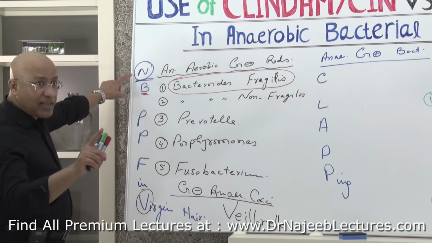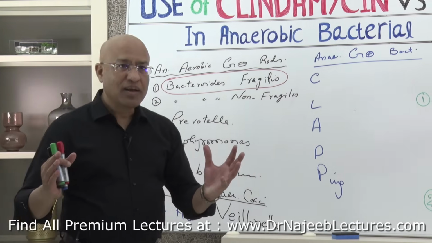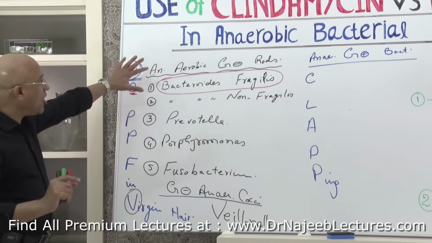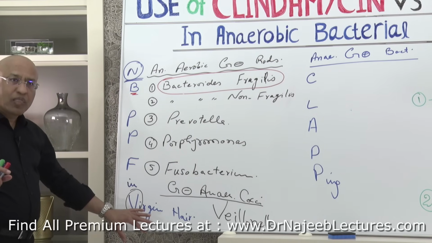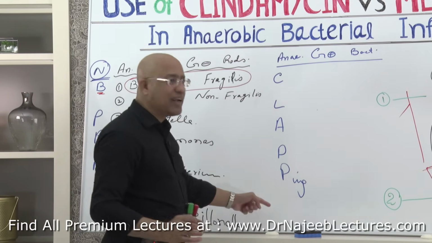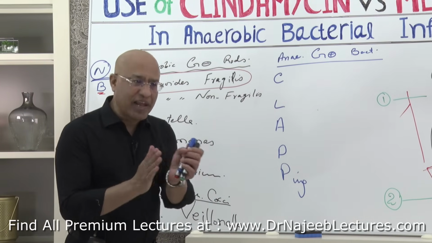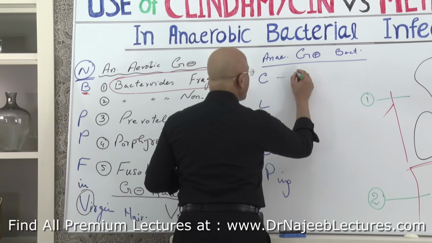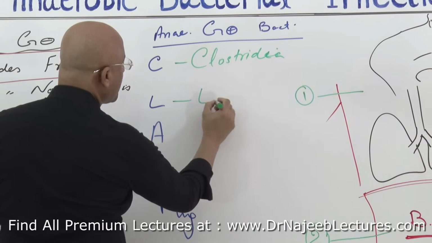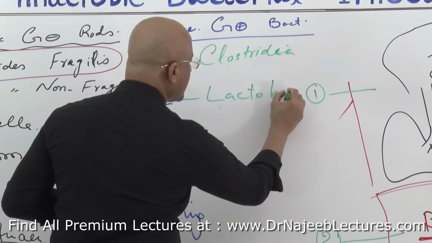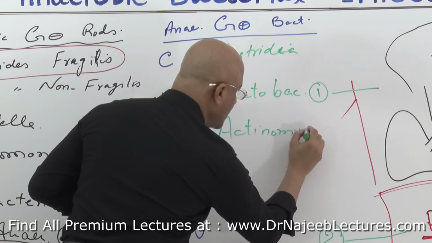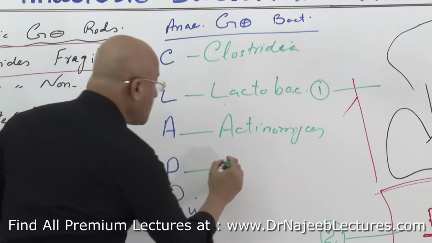So, when you go to the anaerobic world, naughty boy places pink flower in virgin's hair. This covers all gram-negative important bacteria. And gram-positive are clapping, right? Clapping, C stands for Clostridia group, right? L stands for Lactobacillus, and A stands for Actinomyces, and this P stands for Propionibacterium,